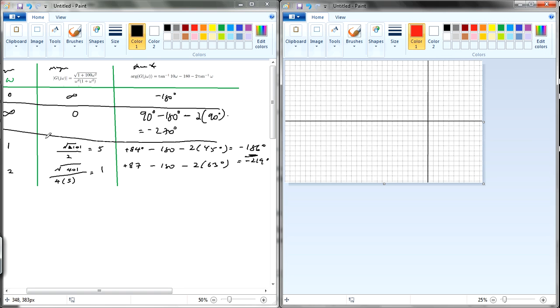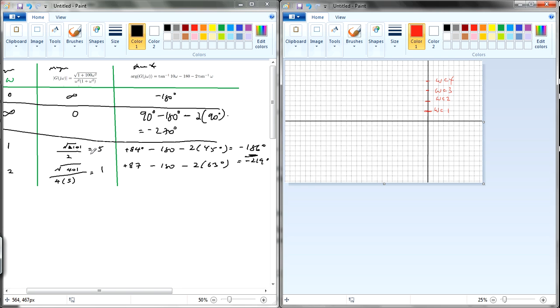So let me plot when omega equals 1. On this axis, omega equals 1, omega equals 2, omega equals 3, omega equals 4, because we are plotting only the positive side, right? And then if you were to plot the magnitude,